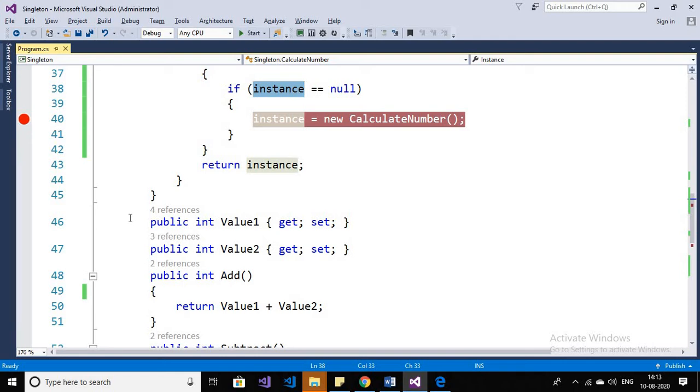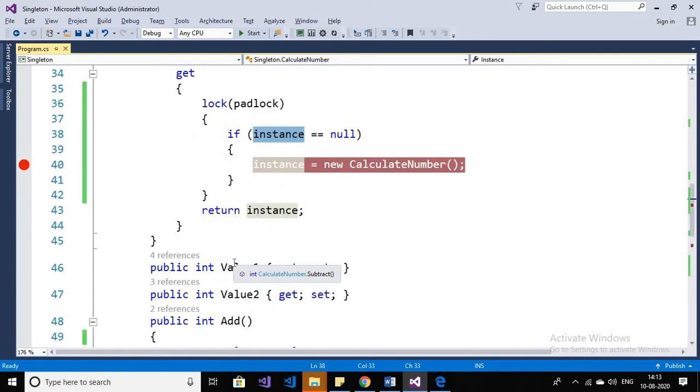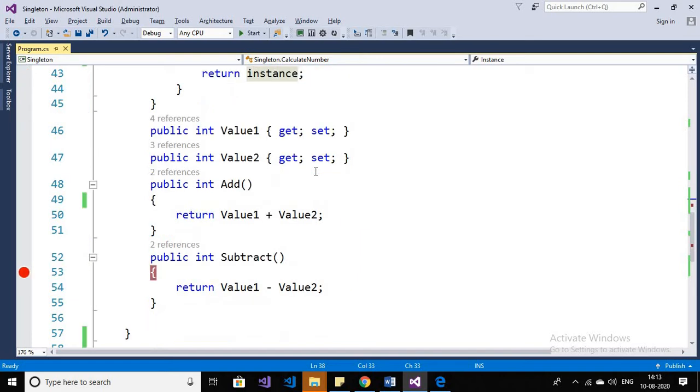So I have written a public int Add and a public int Subtract. So we will get to know that by using the singleton class instance variable, we can access other methods of the singleton class. Here, in place of the add method and the subtract method, we can write any other method.